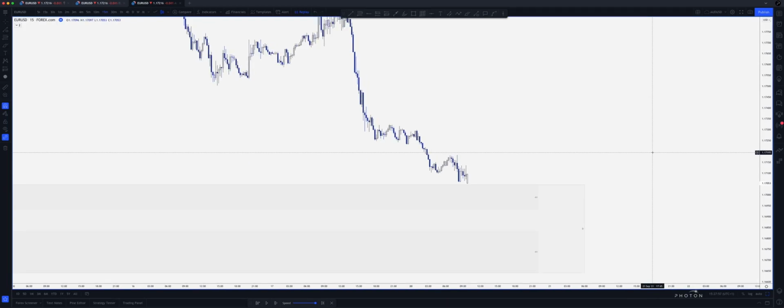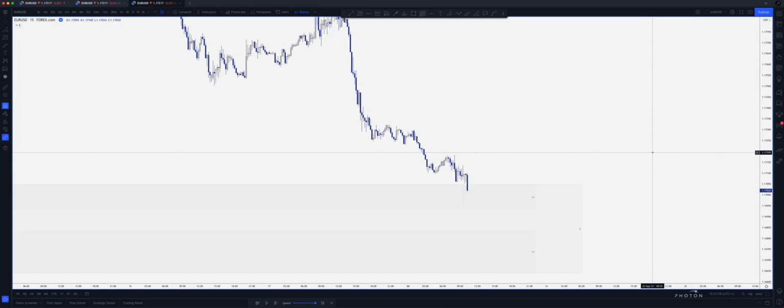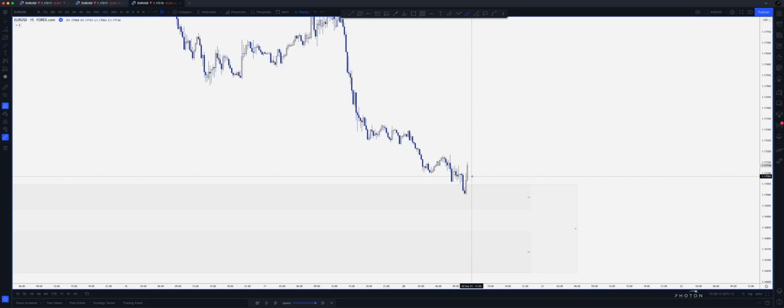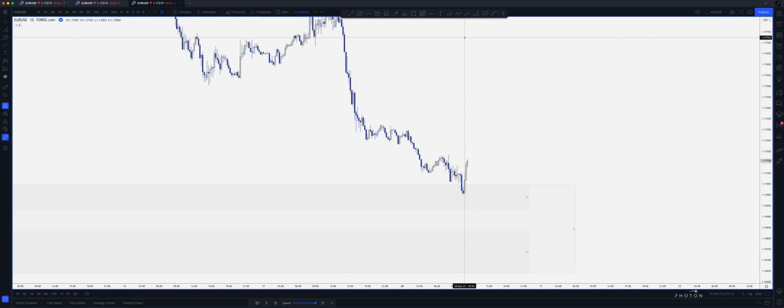So I'm just going to play this slowly forward. So price is starting to build a bit of liquidity. You can see we had those relatively equal lows right there, and again equal lows there, building that liquidity coming into our zone. So now I'll just be waiting for price to switch bullish and give us a bit of a change of character. So nice bit of momentum there, and now we clearly have that minor break of structure